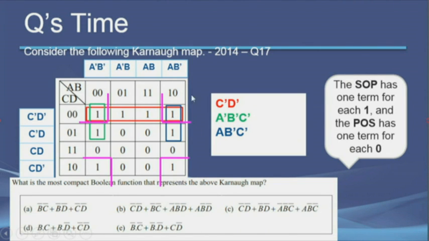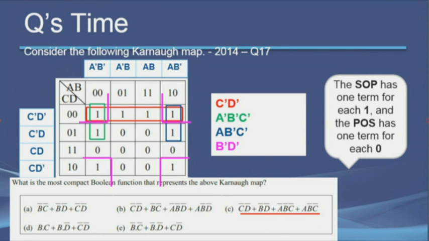So, here what are the common factors? Consider this line and this line. A bar and A is here, which means A is not a common thing, but B bar is common in these two lines. So, we can simply take B bar, and this line and this line, D bar is common, but C bar and C here, so it is not common. So, D bar and B bar we can take. So, these are the four groups that we identified, and you can simply see the answer here.